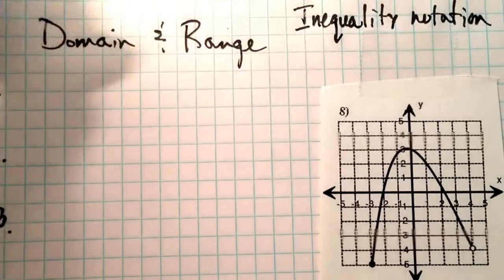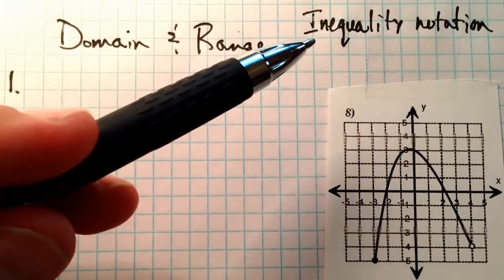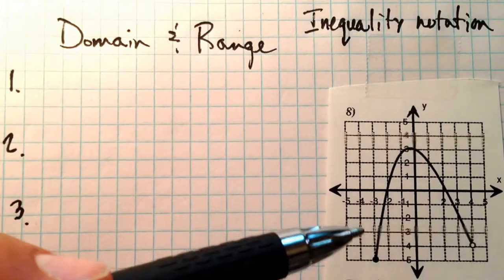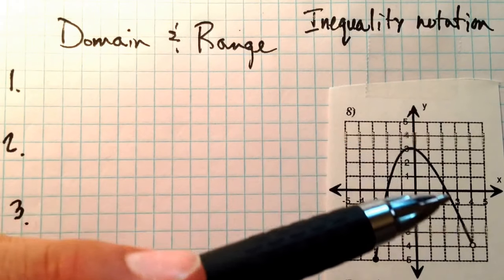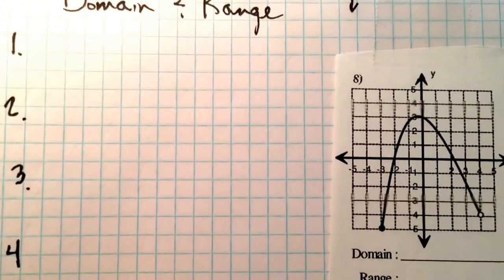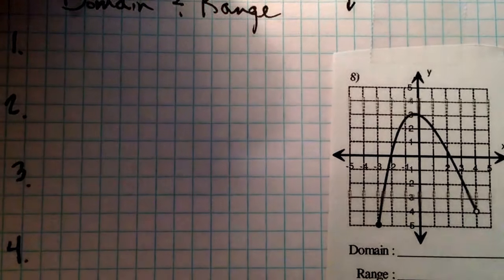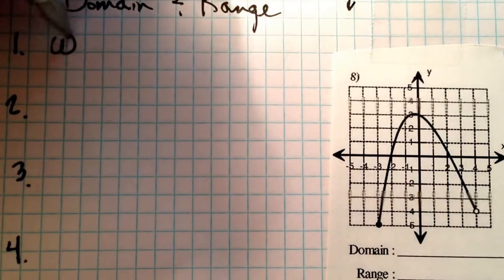Alright, ladies and gentlemen, we are going to find the domain and range of this function using inequality notation. And we're going to be using inequality notation because this is a continuous function. So there are 4 steps that I'd like for you to write down, 4 steps that I'd like for you to know. The first step is to write